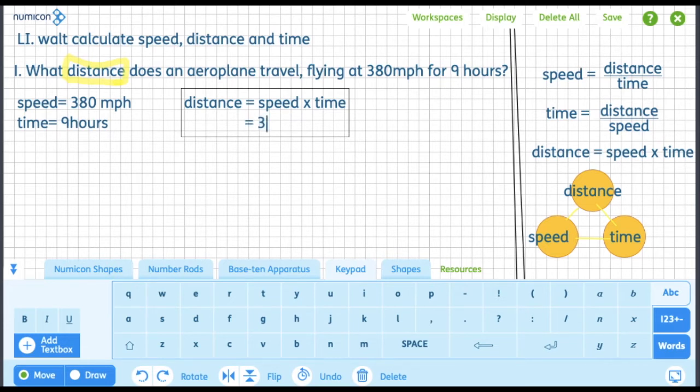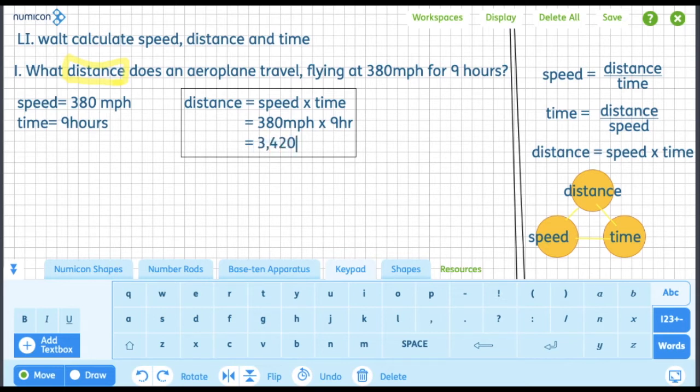So the speed is 380 miles per hour, and then we're going to go times 9 hours, okay? And so I don't mind if you use a calculator for this today. Don't feel like you need to figure these all out on your own. We're just practicing the formulas, okay? So 380 times 9 is equal to